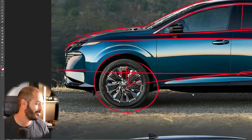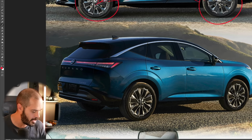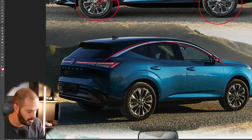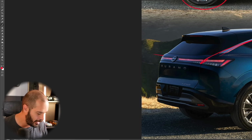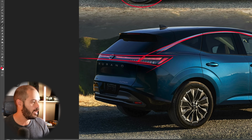Now, last but not least, before we look at the interior, the rear end. Now, look at this rear end, and I think this looks so good because this line flows nicely into and dips right into the rear end here, into the taillight, and of course, the light bar that we have in the rear end. The rear end is definitely my favorite view for this because I think